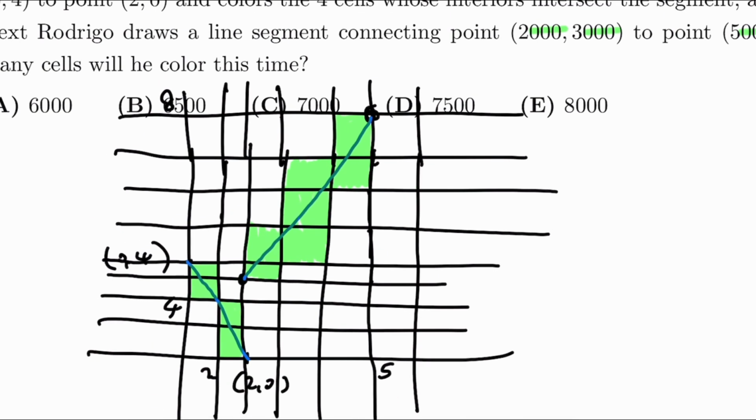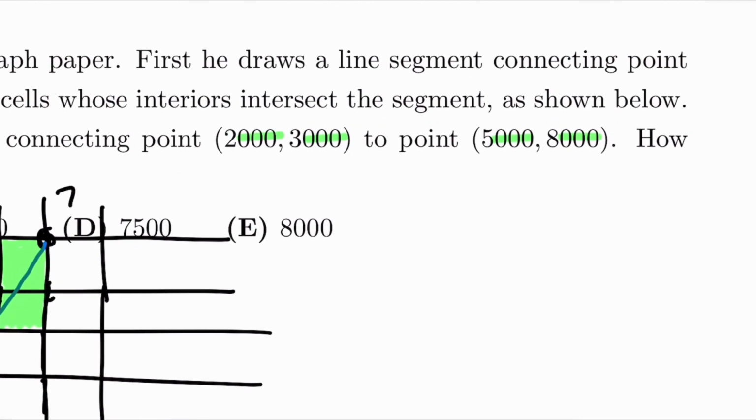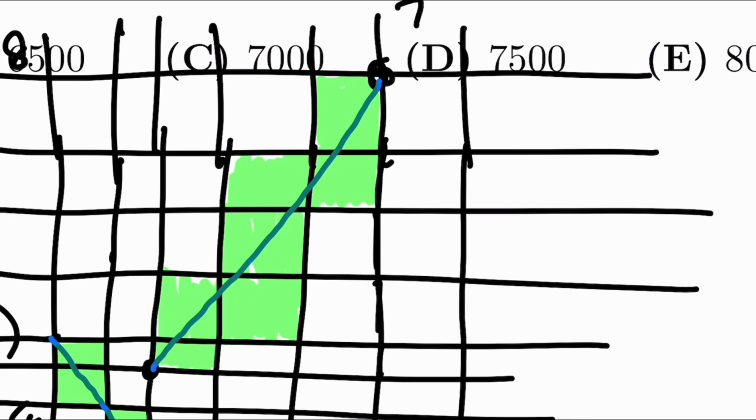So we have drawn through all those cells. That is 1, 2, 3, 4, 5, 6, 7 different cells. So we have drawn through 7 cells. Now we think about, what happens when we scale this up by 1,000? Basically you repeat the same ones, except that in each of these